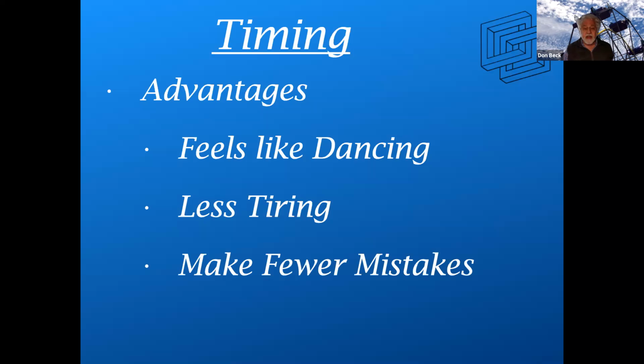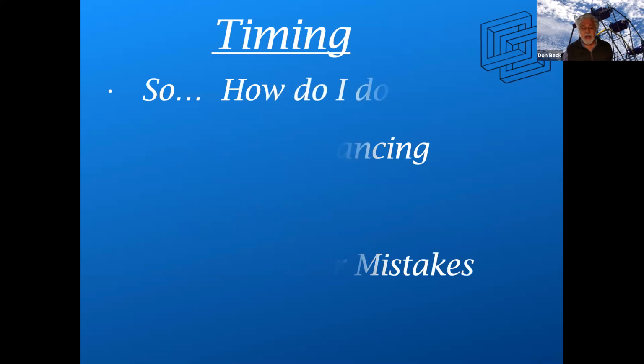What have I got next here? Dancers tend to make fewer mistakes if your timing is good. Your timing and body flow will head them in the right direction with the right hand available so that they can do the next call, and it just sort of comes naturally. They make fewer mistakes, and as a result, again, you can call more variety.